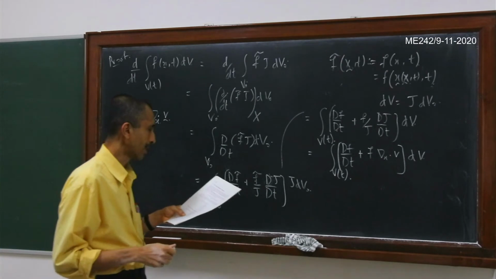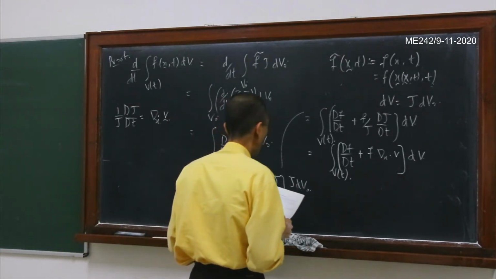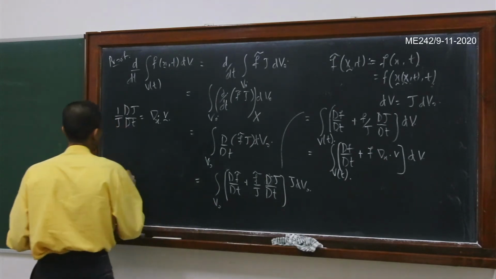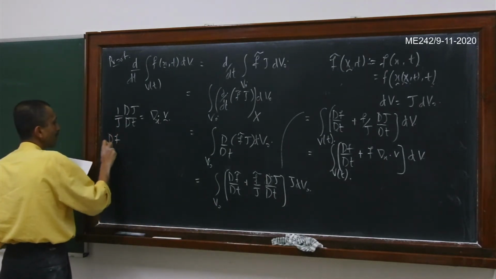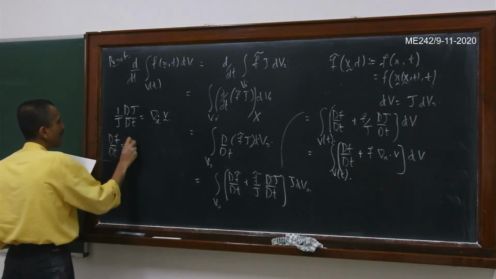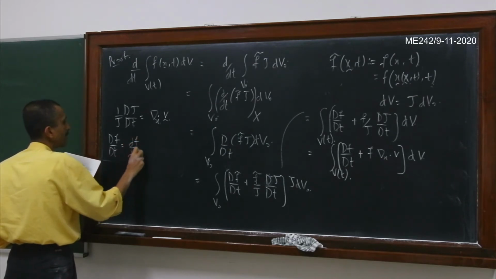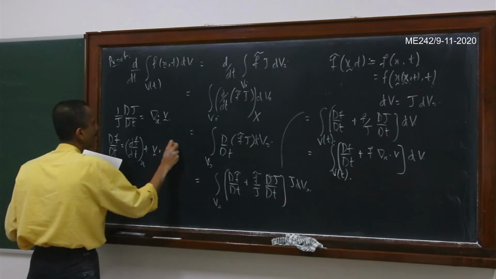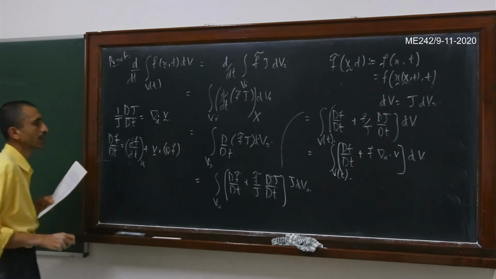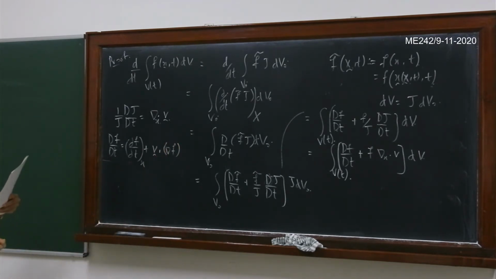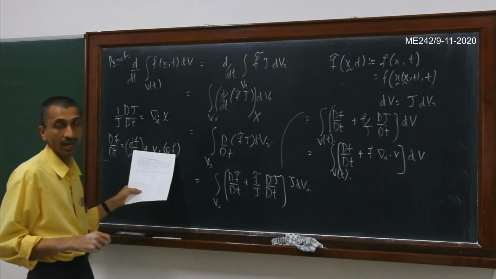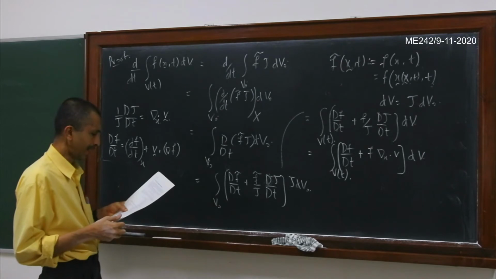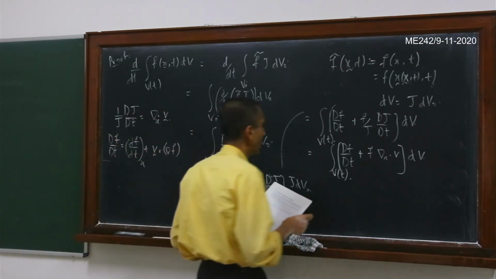And then now I can write df by dt, which is just the expression for a material derivative. Df by dt is del f by del t keeping small x fixed plus v dot del f. So this expression we have already seen. Remember that this f is a scalar valued function, and so we can write it in this particular way here.